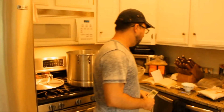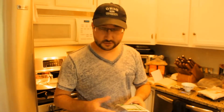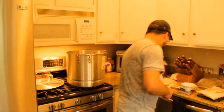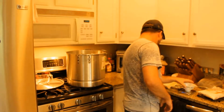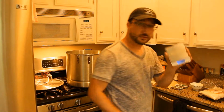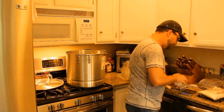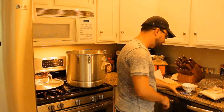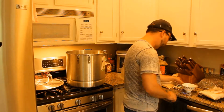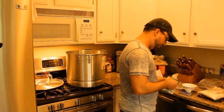Hey guys. So first thing I'm going to do here is I'm going to go ahead and measure out the hops that I need so that I've got them ready and set aside. The recipe, one part of it calls for 1 1/4 ounce and one part calls for 1/2 ounce. So I'm using a scale here and just setting it up. I put the empty bowl on there and hit the tare button to zero it out and